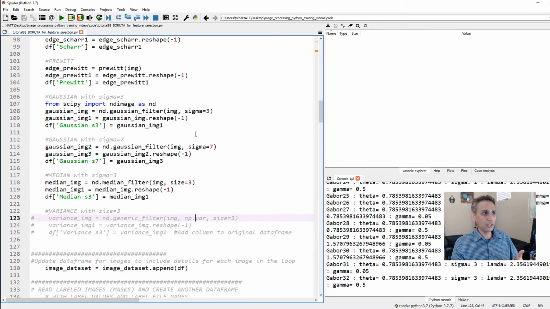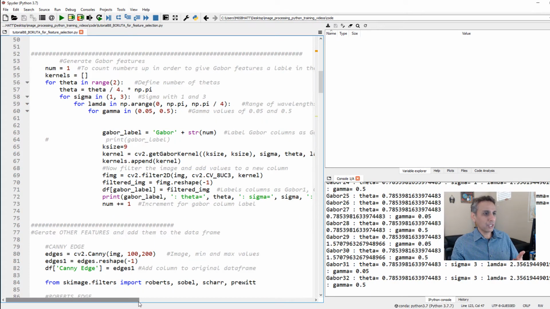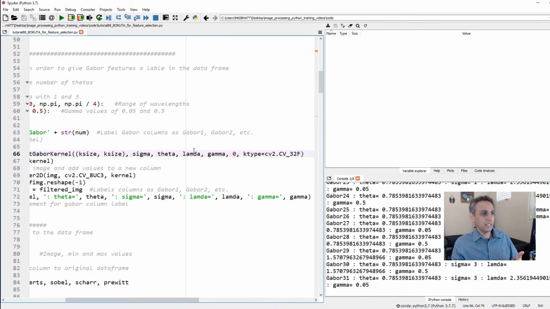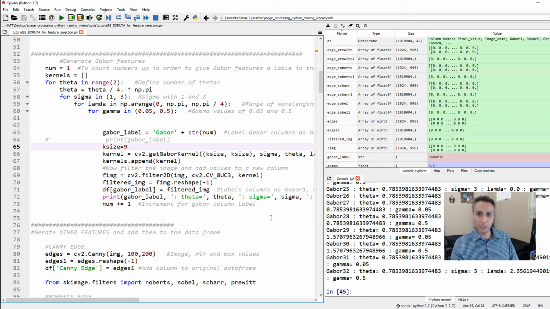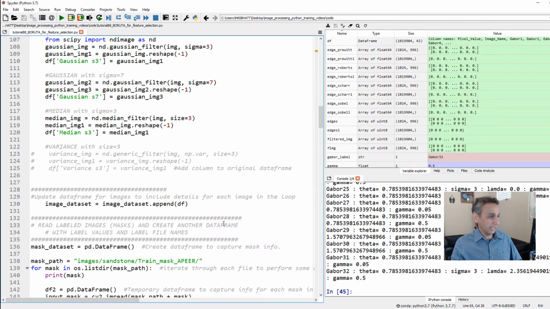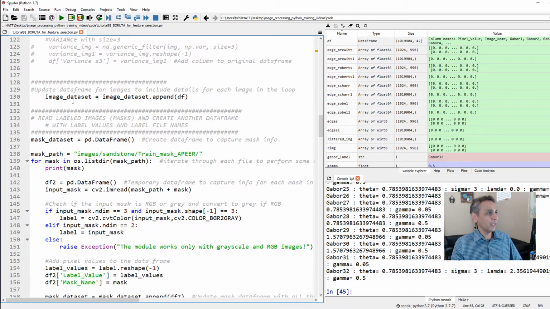By the way, Gabor is just a convolutional filter that is a function of sigma, theta, lambda, gamma. I don't know what combination works well. That's why I'm generating the whole bunch. Now I want to use Boruta to find out which one works, so I can only use that one in future. Okay, we'll get there in a second, but we now have a pandas data frame called image dataset